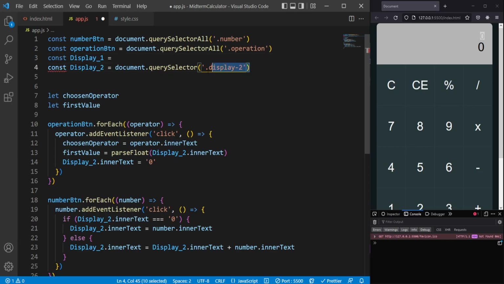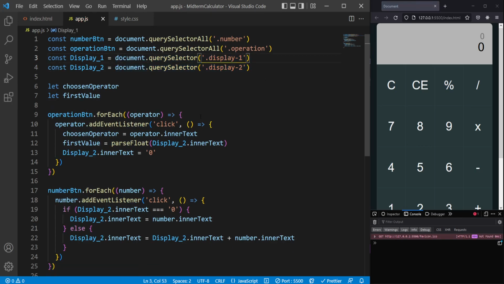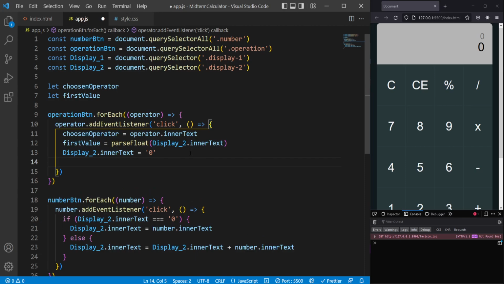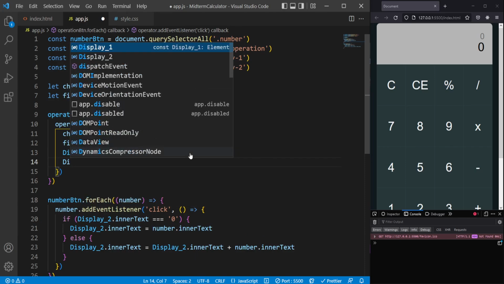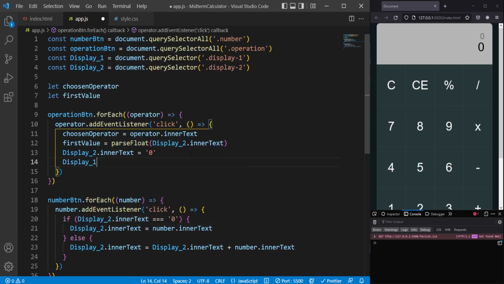I should just copy this from the get-go, so I'll change this to a 1. And then what we can do here is also this: display 1 dot, not inner HTML but inner text, equals, and we can say first value